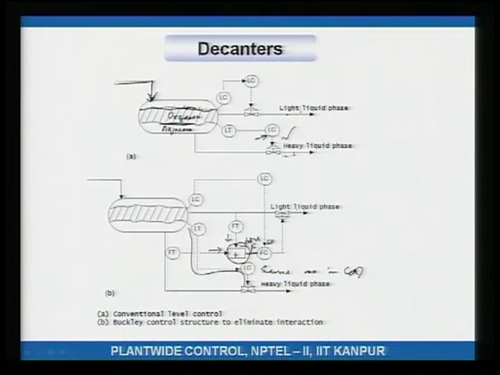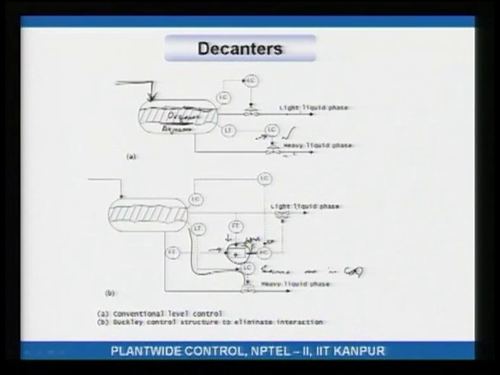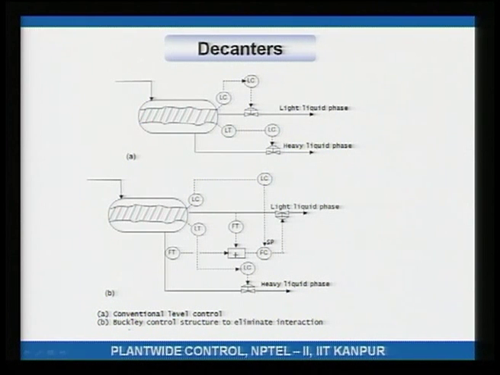Okay. How does this work? How is this any different from what was being done in scheme 1? Let us just go over that. The explanation is slightly, well, let us see. So, let us say this level controller opened the valve. As it opened the valve, well, the flow out increased.